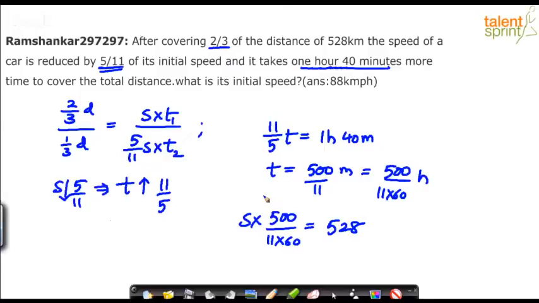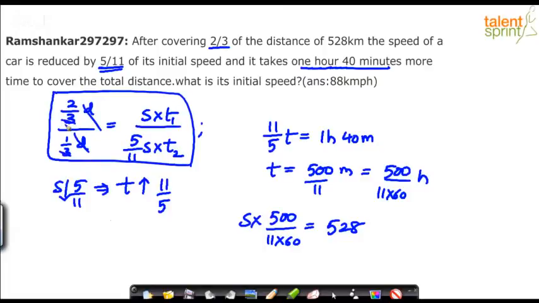Yeah, D can be taken as 528, but anyway, the ratio will cancel D, right? So it doesn't matter. We can take 2/1. The ratio is 2/1. But I'm not following that. I'm just looking at this right hand side half, right? We know that if speed is